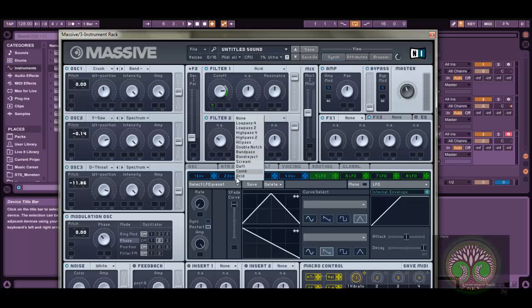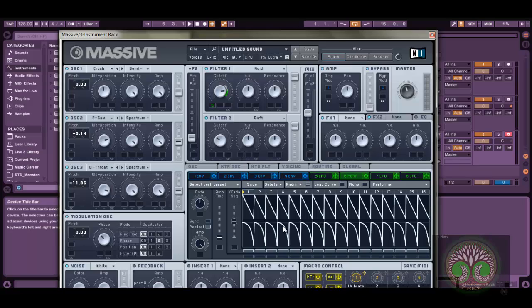Turn this cutoff up. Do a daft filter. Go to this LFO. Let's go to the performer. And let's sync it to 8. We might want to modulate the rate a little bit,